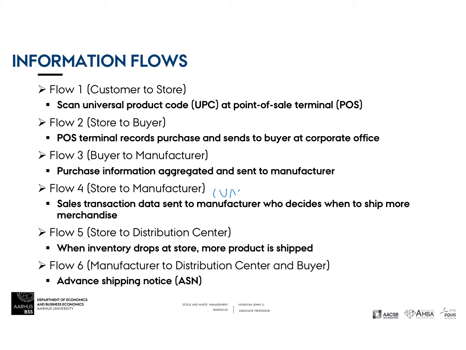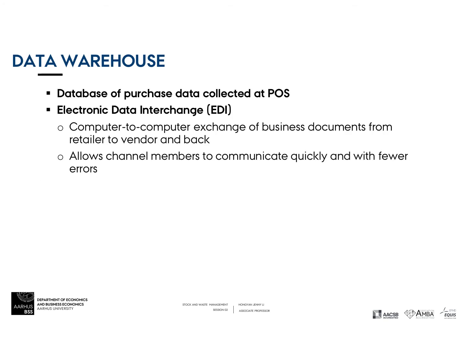So it's normally used when it's vendor managed inventory. From store to distribution center, it communicates that when inventory drops at the store, more products are shipped. And then, of course, it depends on the inventory policy at the store level. And the advance shipping notice goes from manufacturing to the distribution center and the buyer. So through